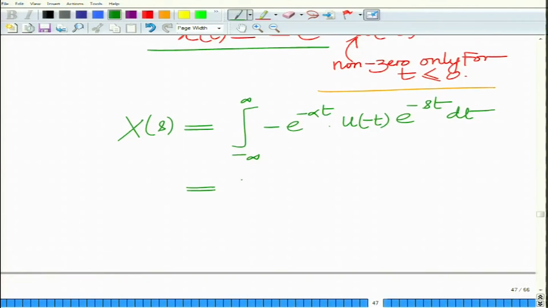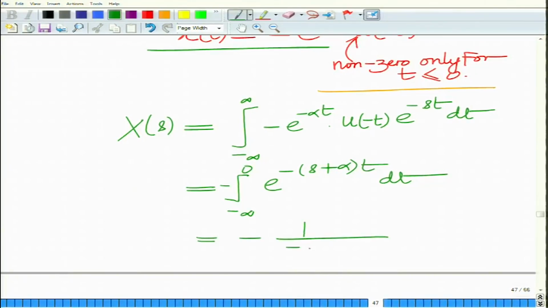Since this is non-zero only for t less than or equal to 0, this can be equivalently written as the integral from minus infinity to 0 of minus e power minus (s plus alpha)t dt, and the integral is minus 1 over minus (s plus alpha), evaluated between the limits minus infinity to 0,